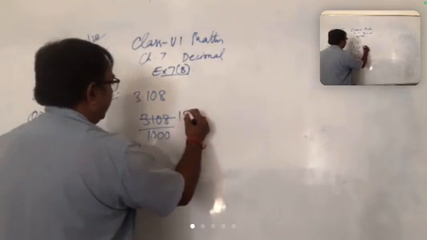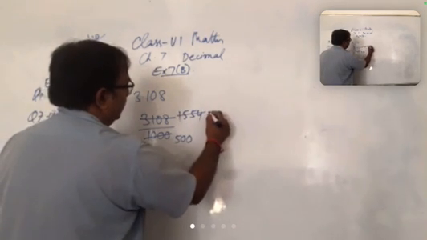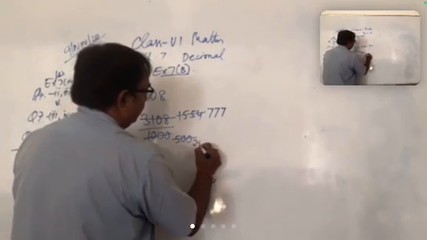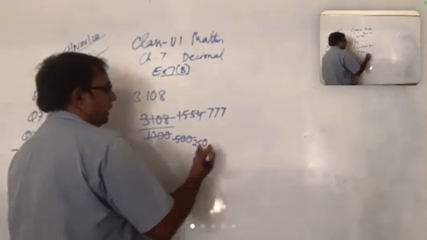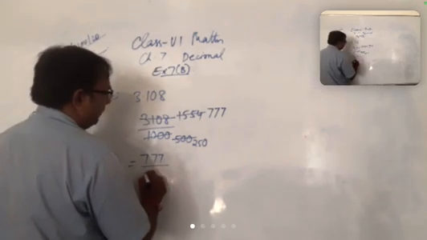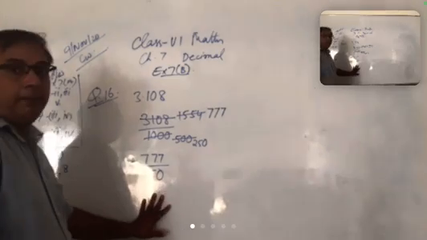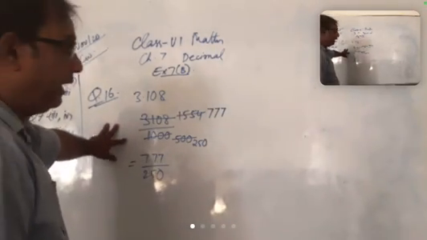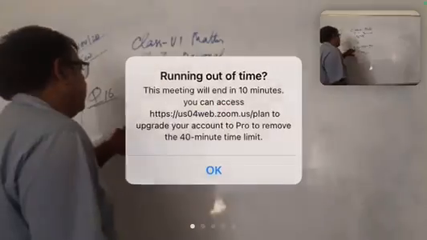Dividing by 2, it will be 500, then reduce it again by 2, it is 250. Then I think now it's not cancelable. So 777 upon 250, 777 upon 250 is the number. The board is visible to everyone. If you are finding any problems, please ask. So then I will check.